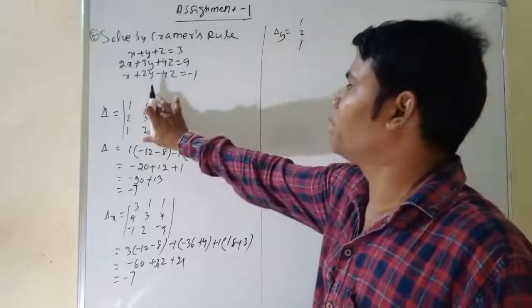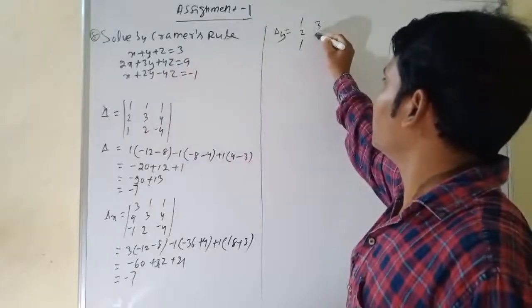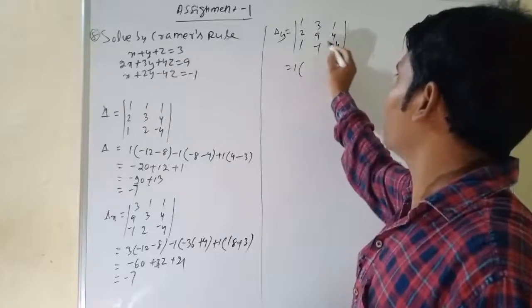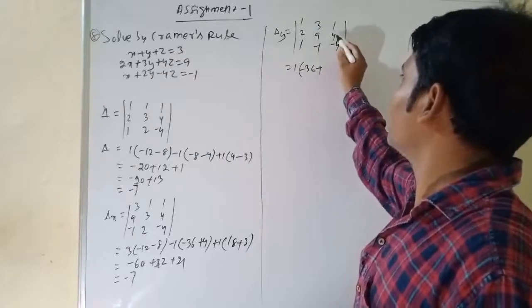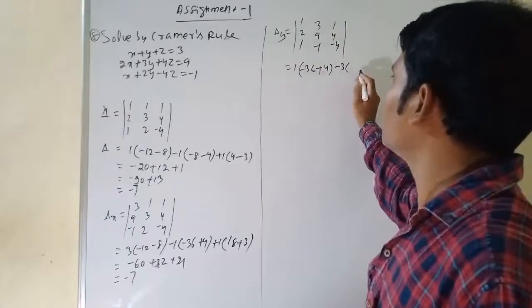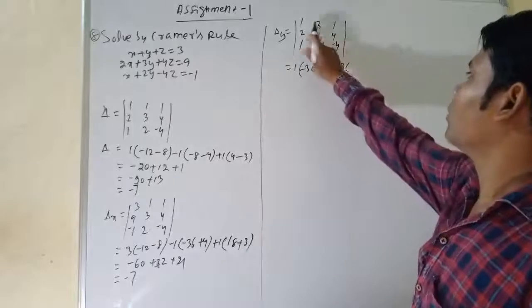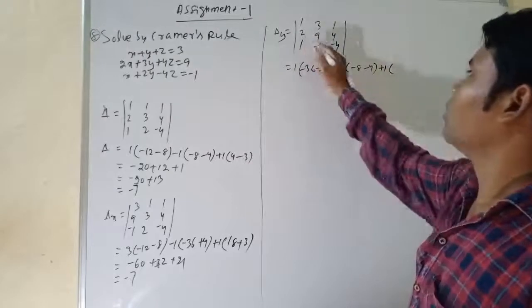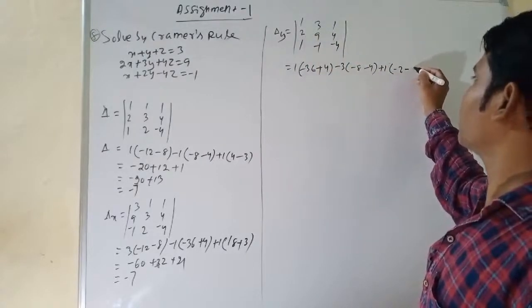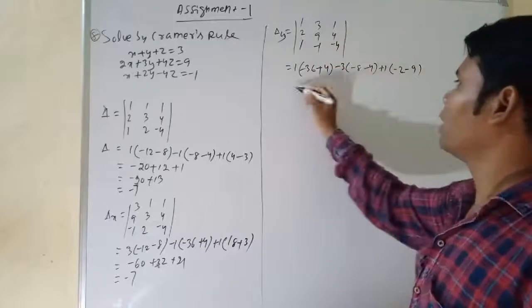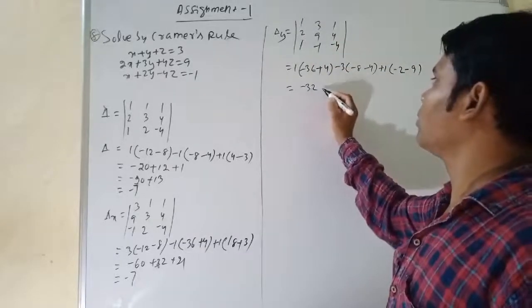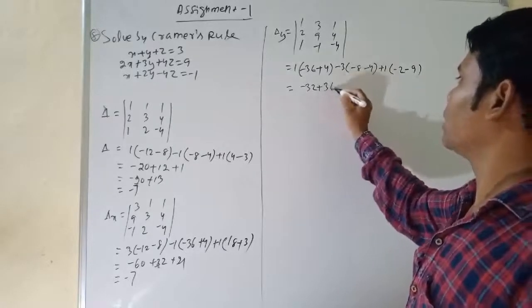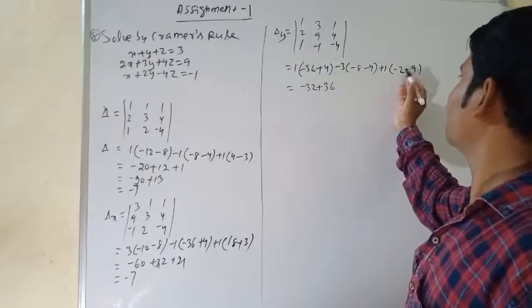Okay, in the place of coefficient of y you put 3, 9, minus 1. 1, 4, minus 4. Okay, is equal to 1 into 9 into minus 4, minus 36, plus minus 1 into 4, 4, minus 3 into 4 into 2, 2 into minus 4, minus 8, minus 4, 1 into 4, minus 4, plus 1 into 2 into minus 1, minus 2, minus 9, 1 into 9, minus 9 is equal to, you see, this is minus 32, this is minus 12, minus 3, plus 36, this is minus 11.